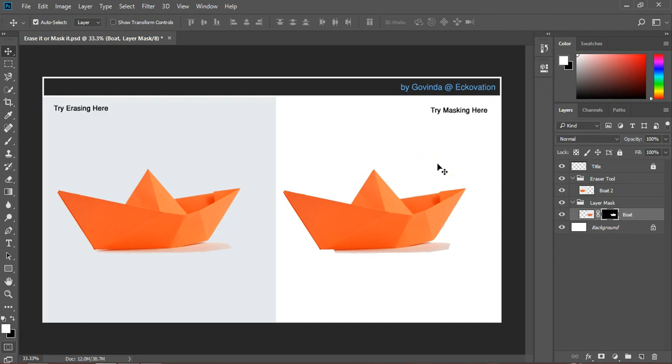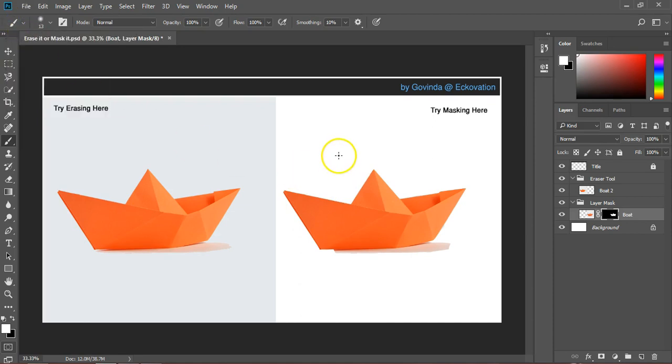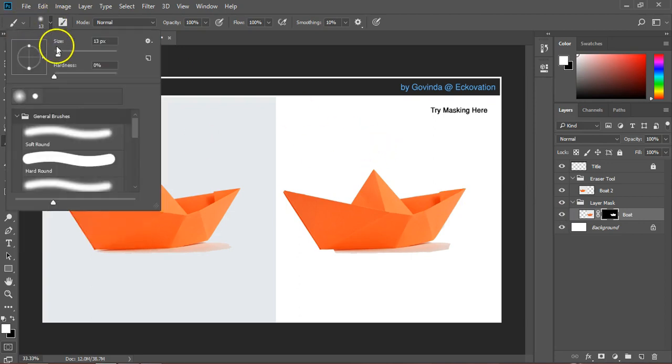Moving on, we can also edit a layer mask with the brush tool. For that, you need to have the layer mask selected. Now, you have two thumbnails for a single layer in the layers panel to work with. So remember to select the right thumbnail before you start your work on any one of those. And one more thing, black is invisible and white is visible. Now, activate the brush tool by pressing B on your keyboard. Choose the right brush preset from the control panel. Choose black or white or any of the 50 shades of grey to work with the layer mask.